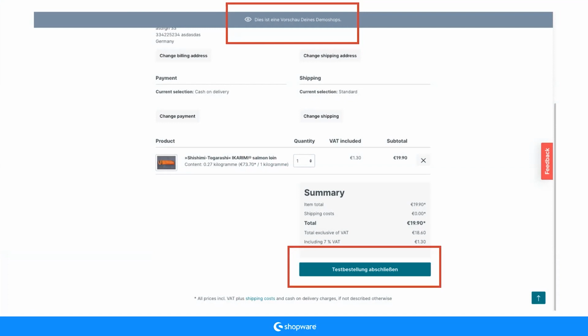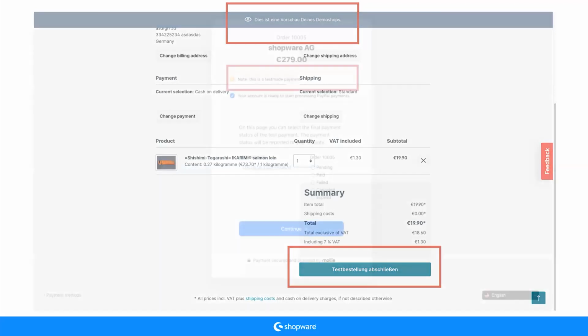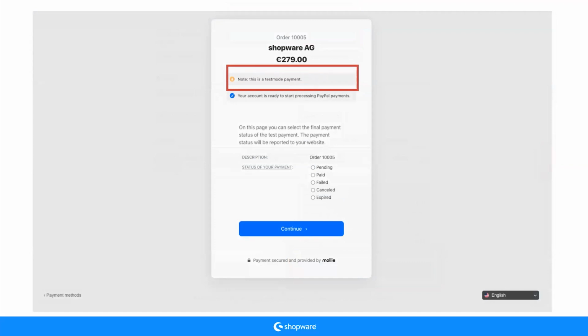So the case now is that if you're logged in as an admin in your Shopware cloud shop and you go to the front end, it will tell you that you're in a test environment. And then if you create the order, it will not say "order now", but it will say "create a test order now". And then from there, you will also go to the